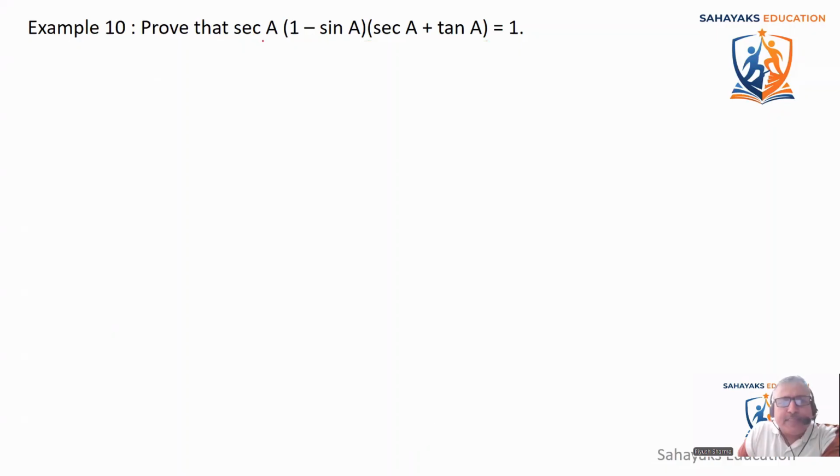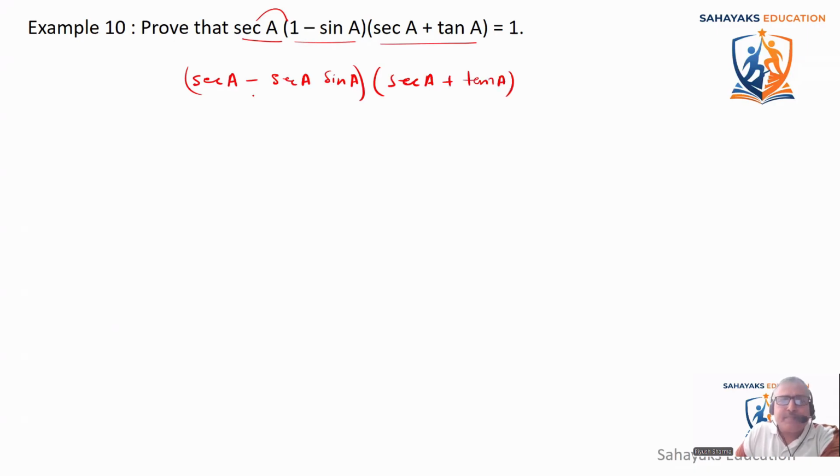Prove that sec A multiplied by 1 plus sine A into sec A plus tan A is equal to 1. So first take the left hand side and we'll multiply sec A into 1. It becomes sec A minus sec A sine A. Okay, and that should be multiplied with sec A plus tan A. So we are taking the left hand side first. Now let's multiply this entire thing. So it becomes